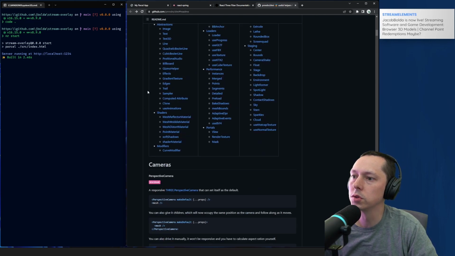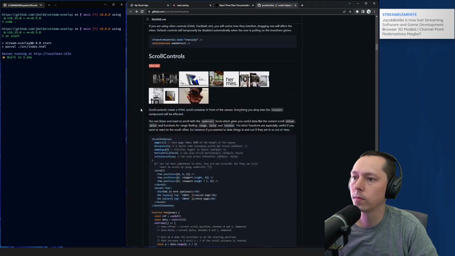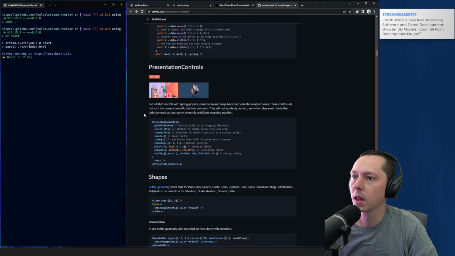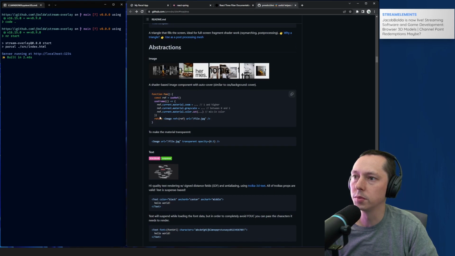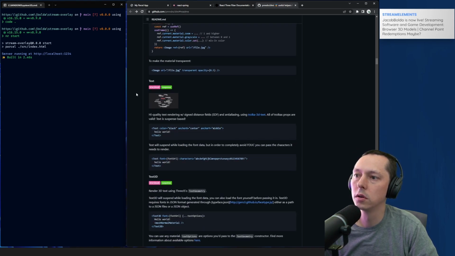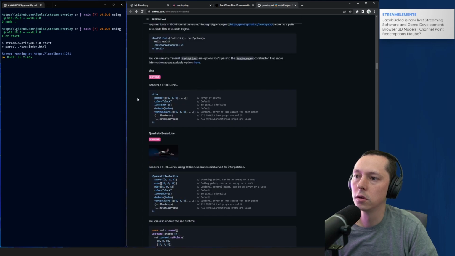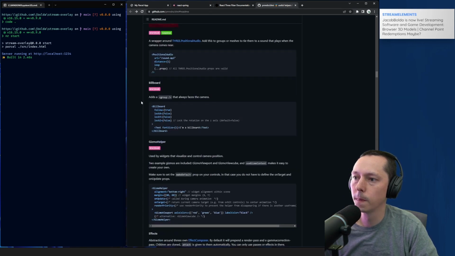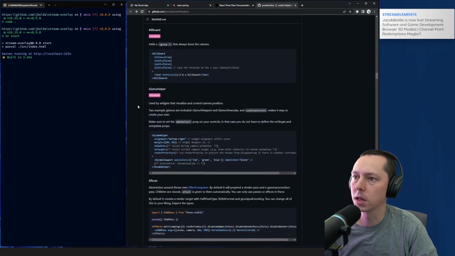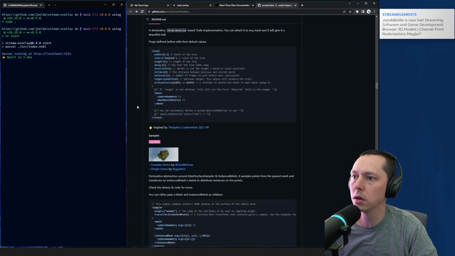Cameras, controls. Shapes, abstractions. So here's our text 3D. I thought it was within this, but oh,